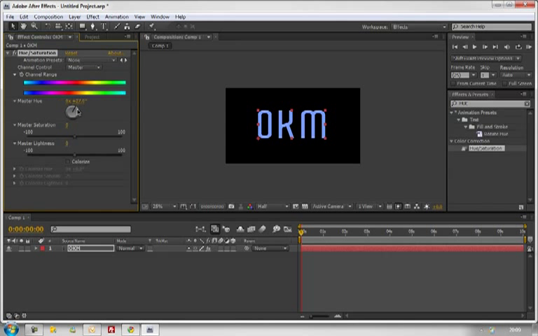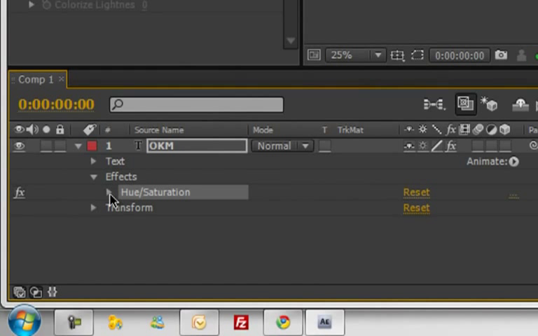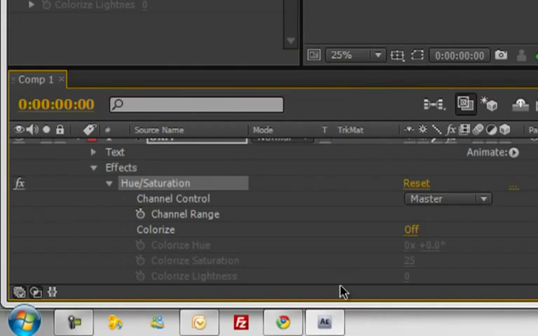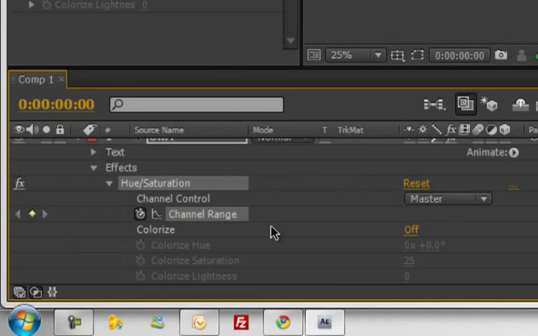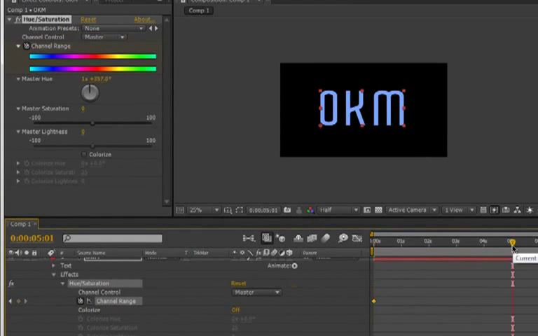Now as you can see, if we move the master hue around, the text changes colour. But what about if I want the text to change colour over a period of time, say 5 seconds? What I do is I come over to our timeline, click the drop down arrow on the text, a drop down arrow on effects, and then also on hue and saturation, and you can see we have a stopwatch next to color range. If you check that, that means that it is now keyframeable. So if you go forward 5 seconds and move the master hue around twice,